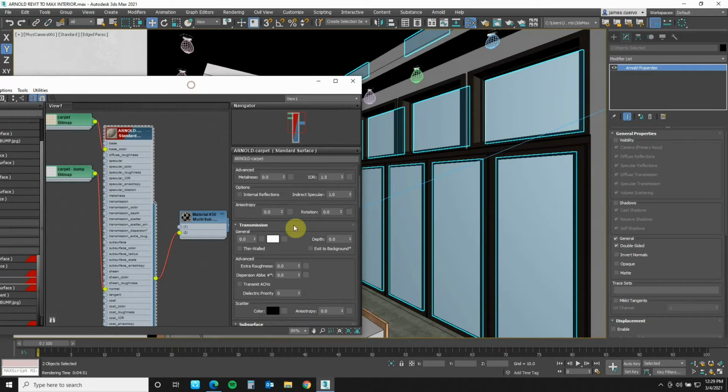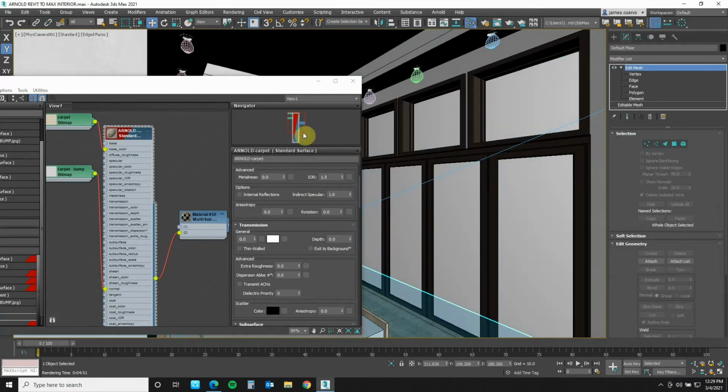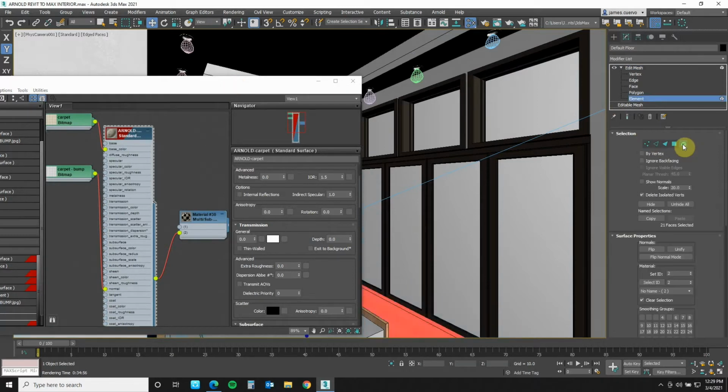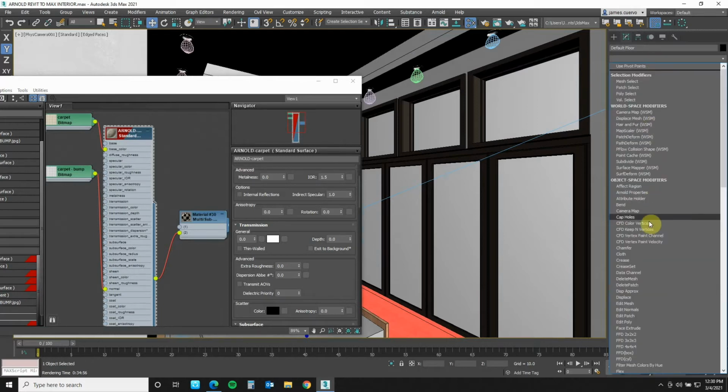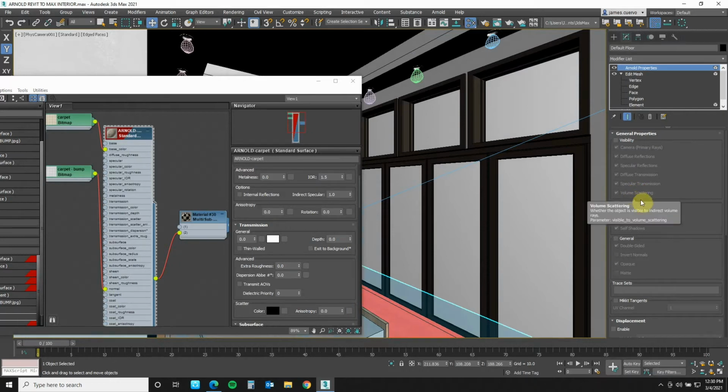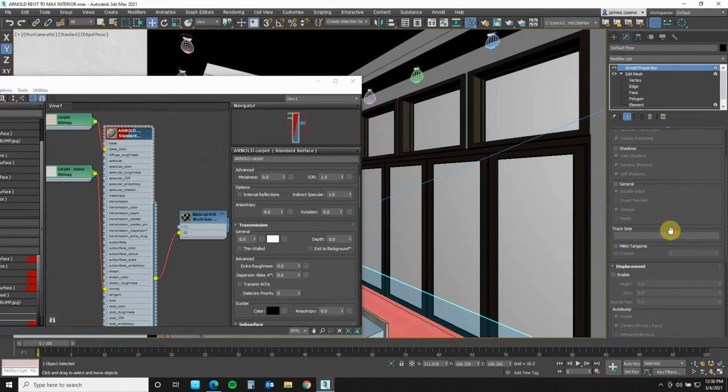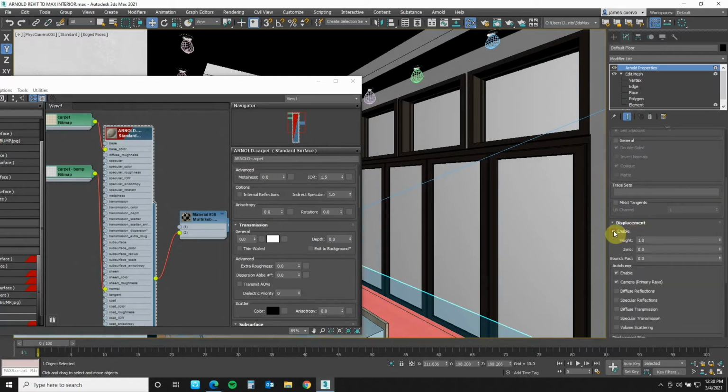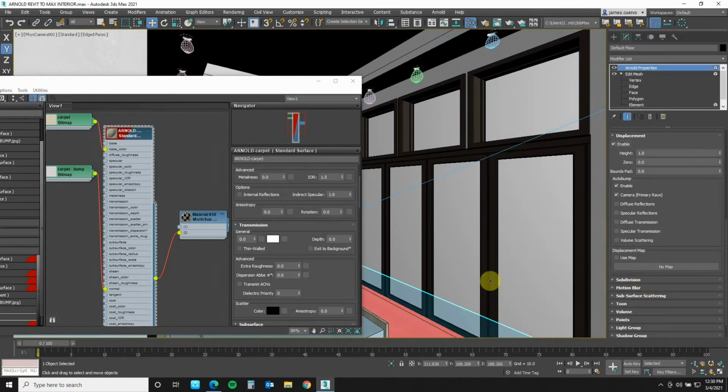Let's go ahead and move this over and select the item here again. Now this is the floor. Okay, I'm going to say that the whole thing is going to receive an Arnold's properties. Okay, and the Arnold's properties, we will go down to the displacement and enable it. Now here's the important part. What I need to do in order for this to look a lot better is I need to take this